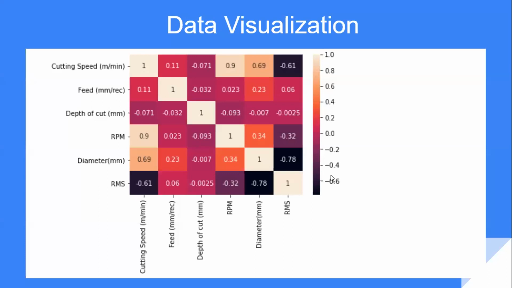For visualizing the data and checking the dependence of RMS on different parameters, this is the correlation matrix that I have taken. Values closer to 1 mean the RMS has more dependence on that particular factor, and values close to -1 show that it has more dependence, but they are inversely proportional. For example, if I consider the diameter against the RMS value, this shows -0.78. It shows that an increase in diameter might decrease the RMS value, whereas if the diameter is less, the RMS value would be more. Using this, we can get an idea of the dependence of the features on the output values.